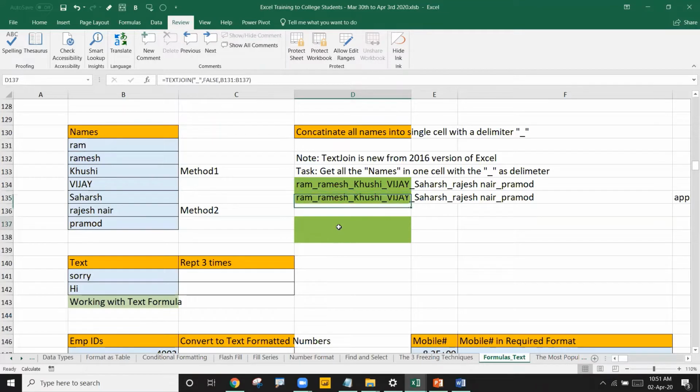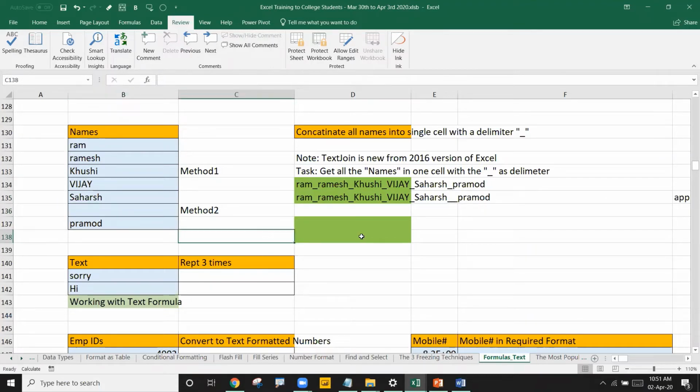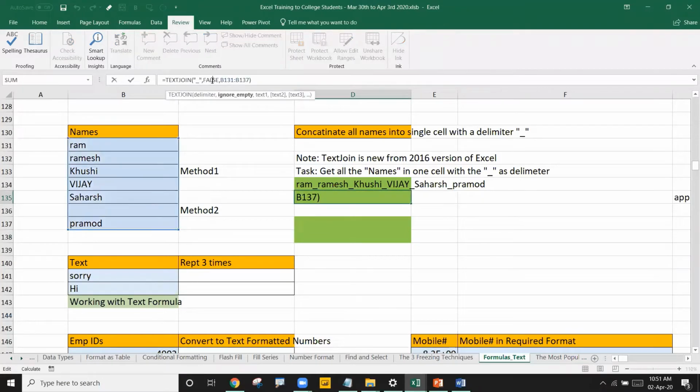So what is the difference between them? If you want to find out, let's say I go to this Rajesh Nair or any other cell and delete it. Once I delete, did you observe? Between Saharsh and Pramod there is only one underscore, whereas here it is showing two underscores. Correct? Because here we said FALSE. FALSE means don't ignore the empty cells, that is, include the empty cells also.